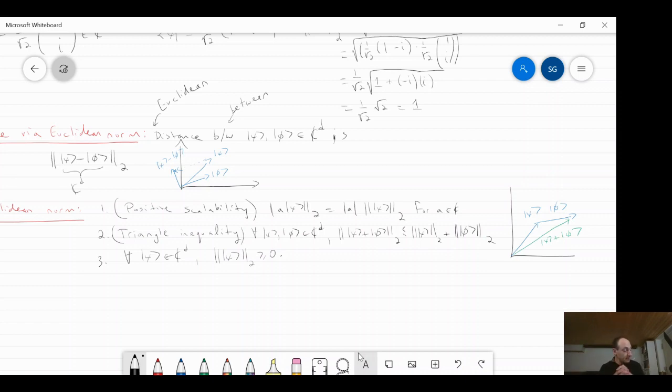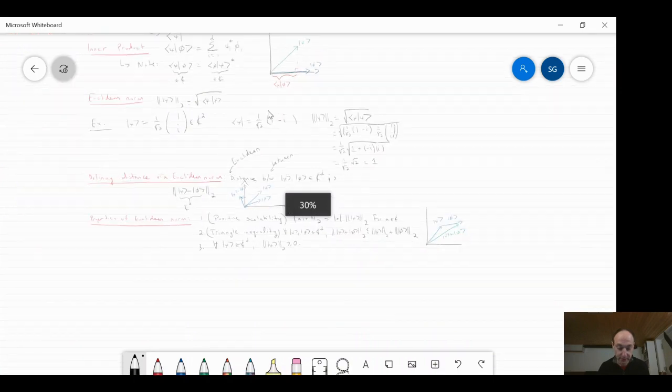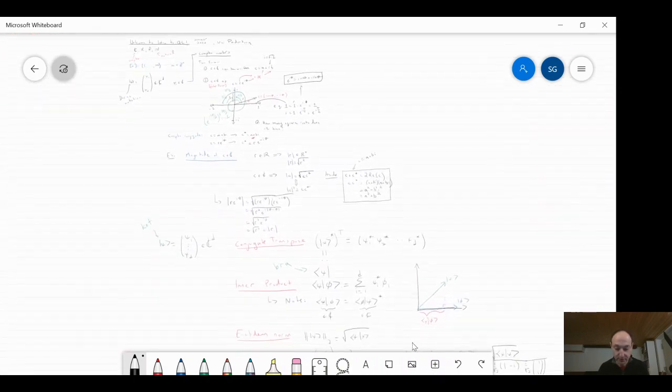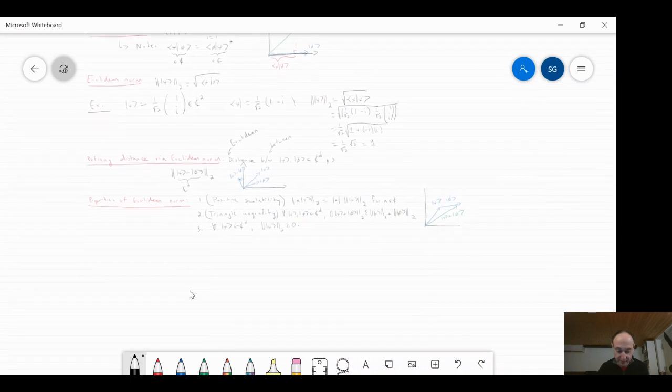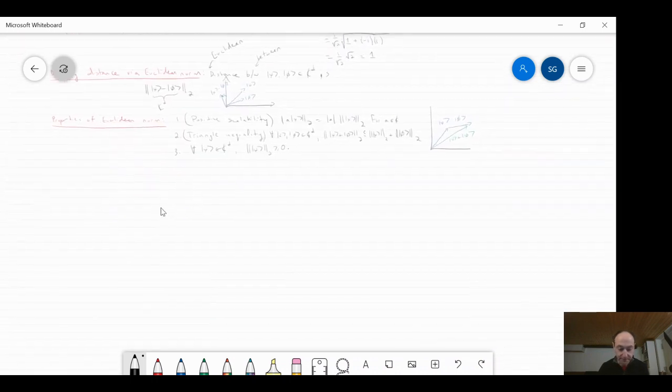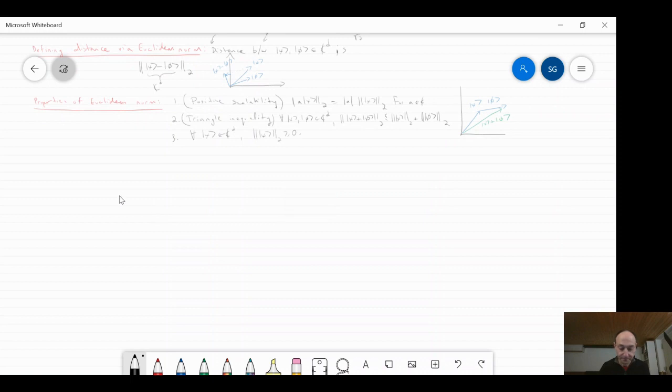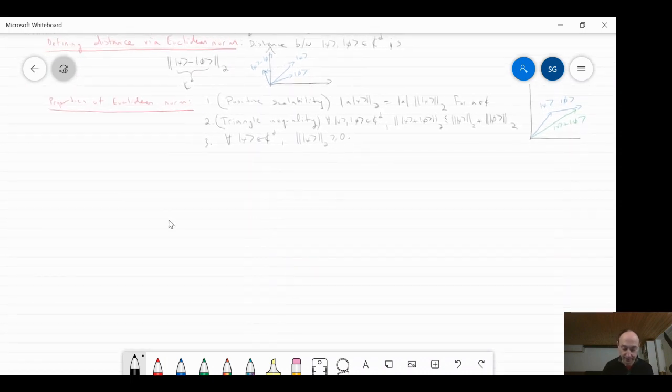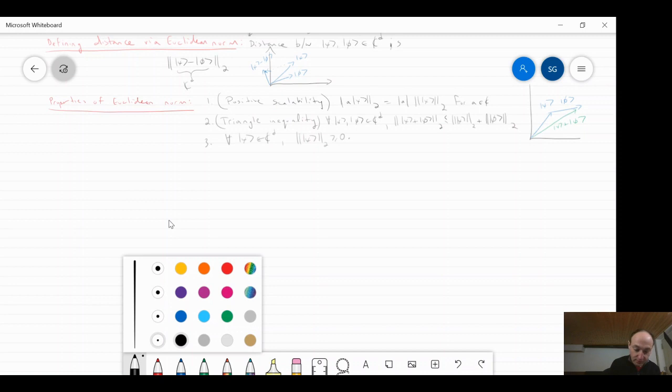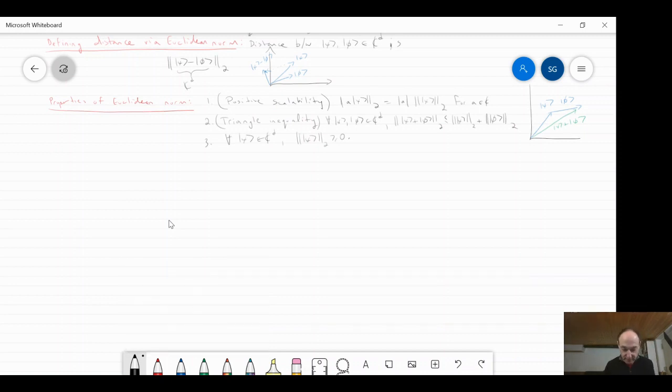So the next thing I want to remind you about are orthonormal bases. Okay, so let's see how this is going. Let's try and stay somewhat stable and keep writing in a similar fashion. So now we're talking about orthonormal bases.